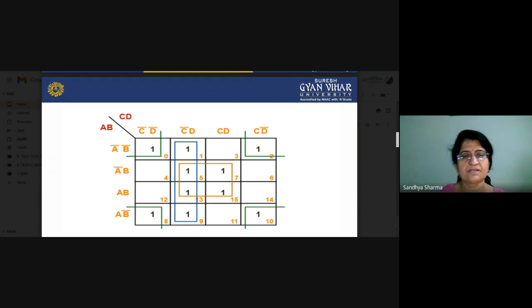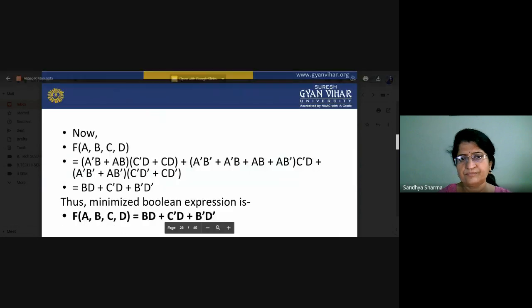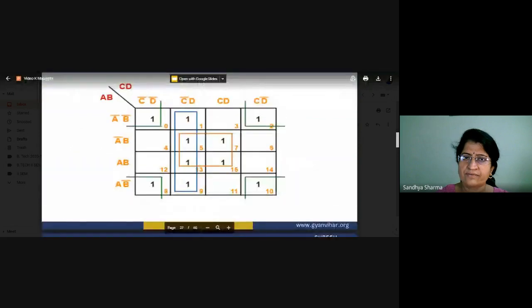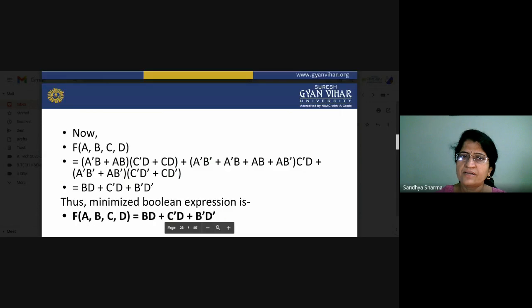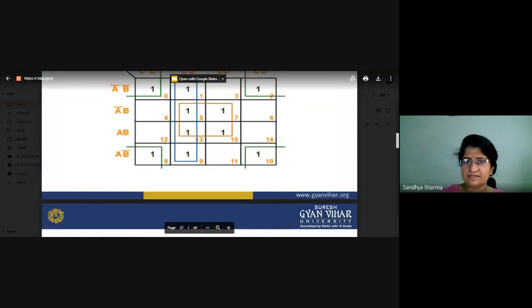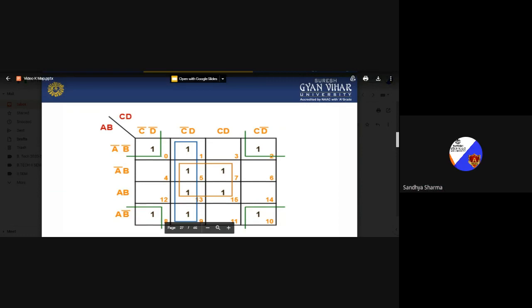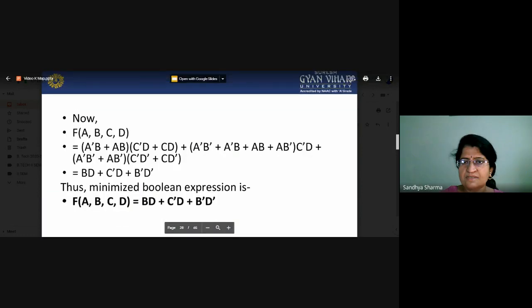So just write here how you can write these equations. Just see here. A, B, C, D, you have 4 variables. Okay, first quadrant, how can you write it? A bar, B bar, C bar, D bar. So in this way, there are 4 variables. Suppose this one, what will happen? These two are included and these two are included, so you can write these two, these two.